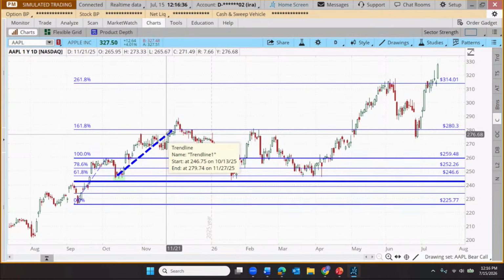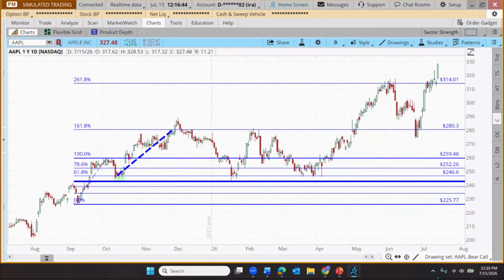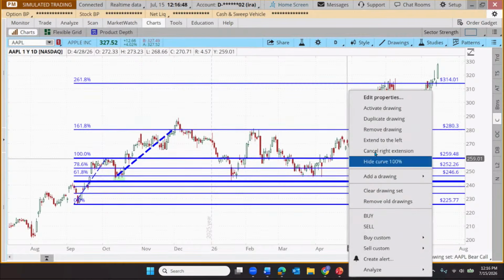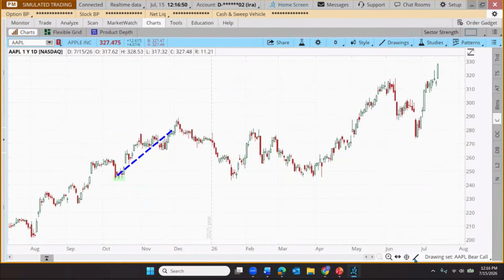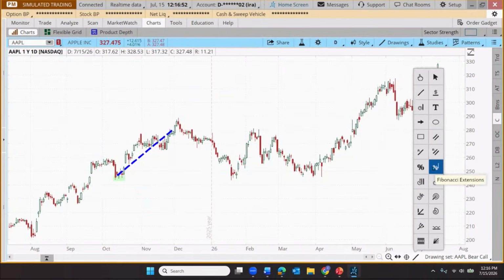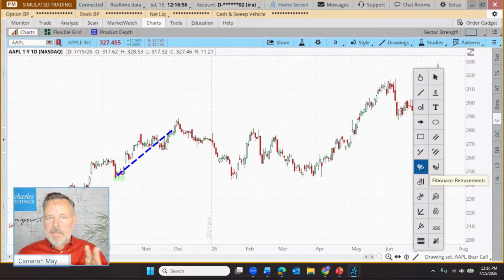That one, I think most of our viewers are already familiar with. But now let's get a little bit deeper into the technical weeds here, explore a second Fibonacci tool. I'm going to remove this one. And how about we come down, let's switch to our Fibonacci extensions. Pardon me, I said extensions.